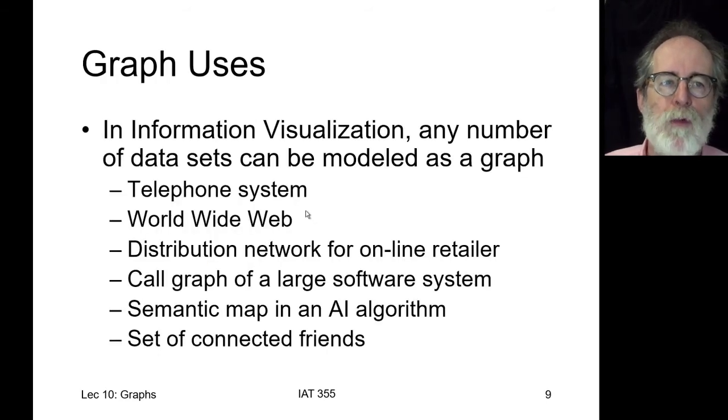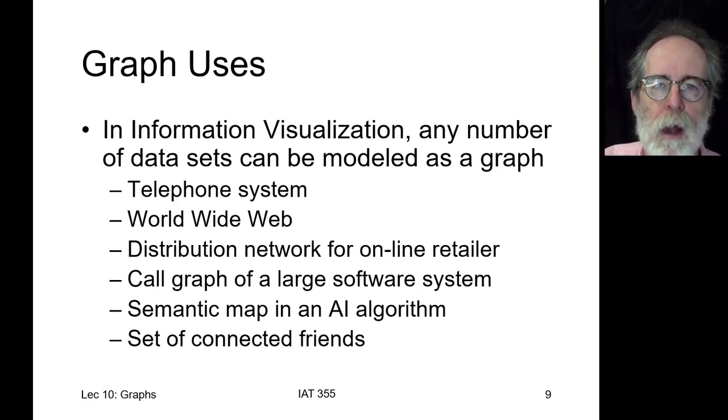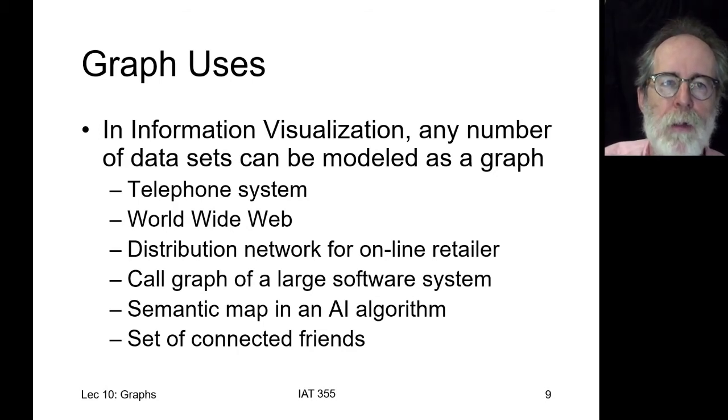The way that graphs are used is that any number of data sets can be modeled as graphs. Some can be really surprising, where the representation is transformed into a graph in order to make it computable in a different way. But we're going to focus on straightforward representations of graphs: things that are naturally networky and have a natural visual representation. So things like the telephone system, the interconnections among the internet, major hubs, and the distribution network for an online